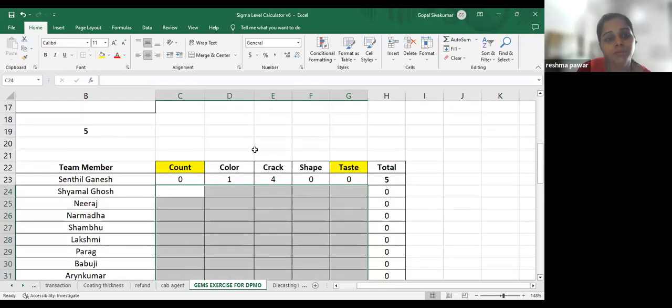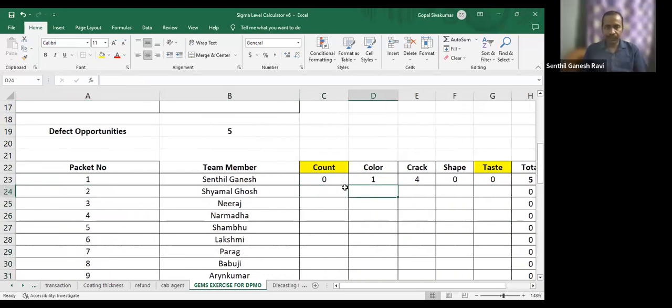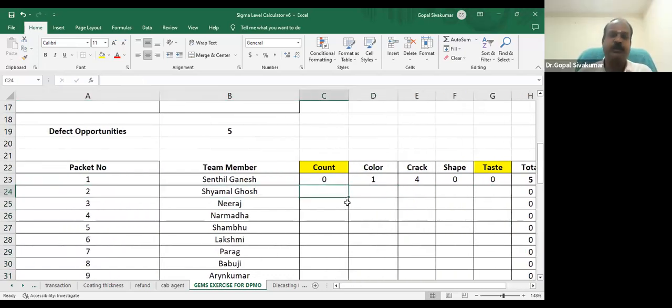You can take mine, Reshma. Let me try. I tested all. I'll come to you. I'll definitely come to you. So taste is good, sir. Taste is good, right? Good. Yeah, let me go in the same order and then definitely I'll take yours. So Shyamal goes. Are you ready first? Because you will be tested.